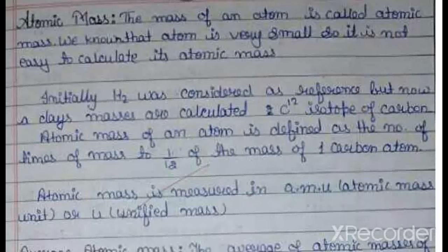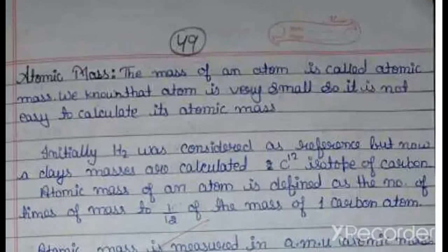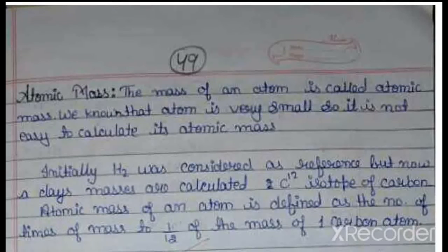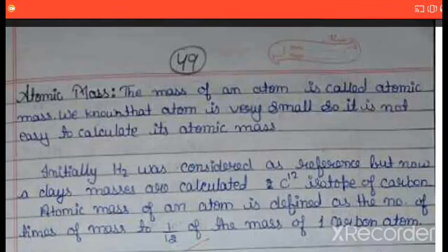There is a topic which we have skipped, that is atomic mass. You know that the mass of an atom is called atomic mass, right? It means the mass which an atom has can simply be written as atomic mass. And you know that the mass of an atom is very small, so this mass is measured in AMU. This is the special unit in which the mass of an atom is measured. This AMU is atomic mass unit, or it is also called U.